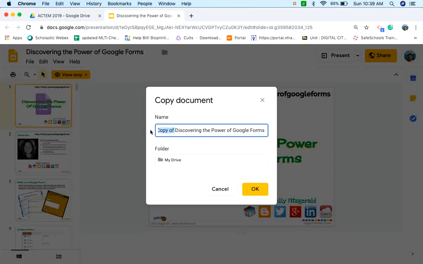Remove "copy of," or keep it. It depends on what you want to do. I'm going to put on the back by Kelly Fitzgerald, just in case I want to find out where I got this slide from, because I know I wasn't the one who designed it. I can search for Kelly Fitzgerald, and then if I have any more questions that I want to ask,